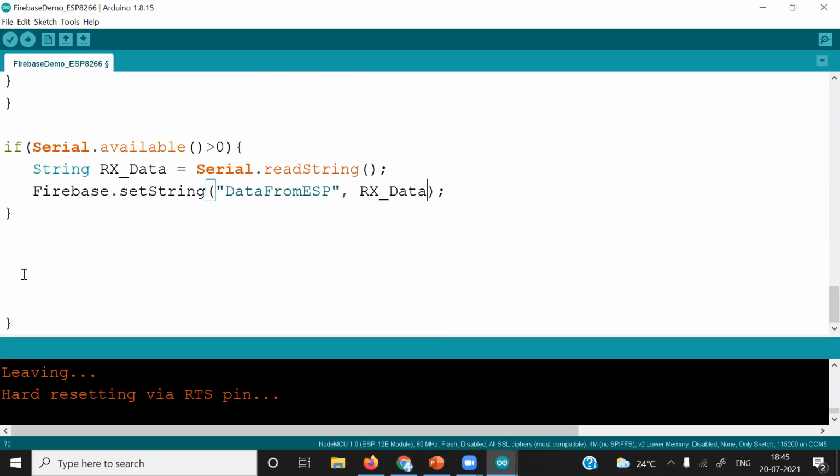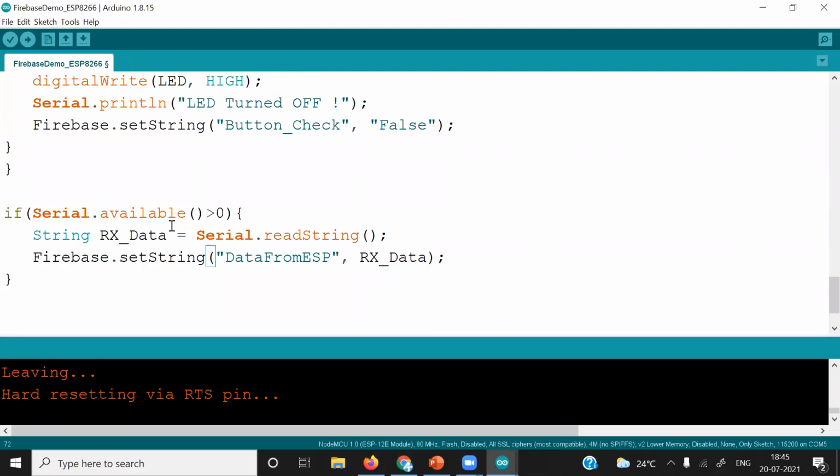And after that, what we will do? If the data is available, only then we are running this. Now this code is also finished. Whenever we receive any data serially into the ESP8266, it will return some positive integer, so that we enter this if condition after receiving the data. And on receiving data, we store it from the buffer register into the rxData string variable, and the same variable we put into the real-time database, so we can observe that data in the Android application.